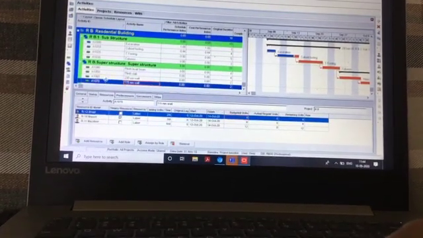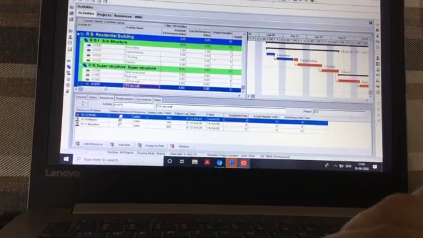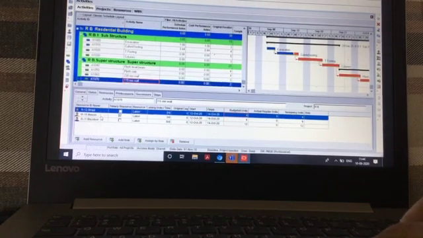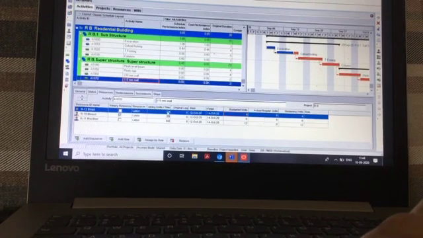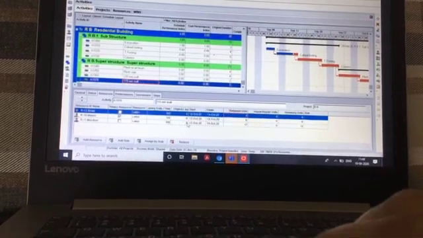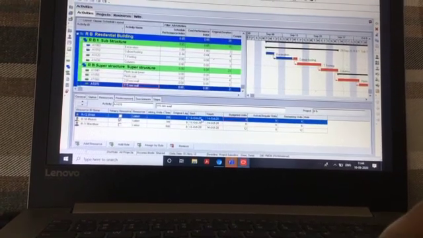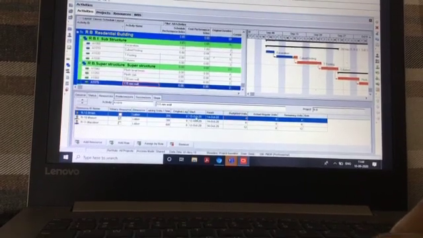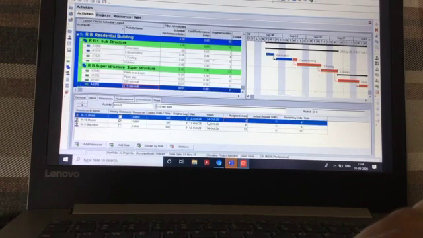So for this particular activity, A1070 115 mm wall, we need Bishti, Mason and Mazdoor. Okay, and these are the units that we need: 2 a day, 3 a day, 6 a day. Budgeted units, actual regular units, remaining units, everything is there. It has told us that it has to start on 12th of October and finish on 14th.